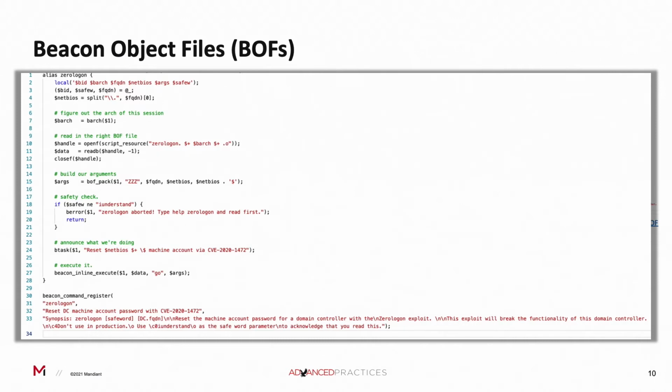And that's something to note because we looked at the spawn twos. Spawn twos are primarily used by a capability called fork and run where they spin up a process, inject into it, and get the results back. That's not what this is doing. You're literally just loading a new capability into memory, running it, and you're good to go. And so all of these are some of the different features of Cobalt Strike that make it pretty attractive